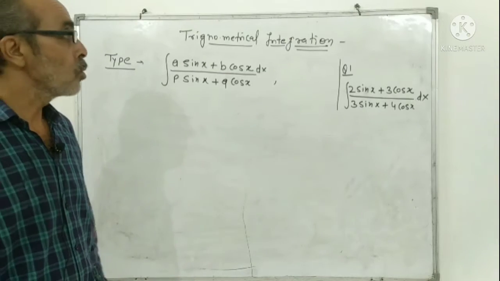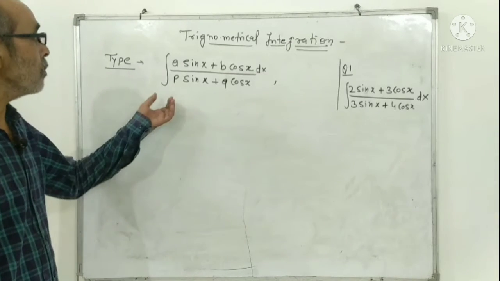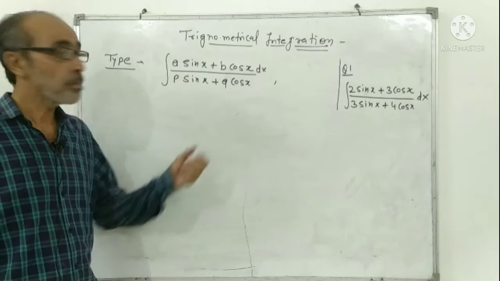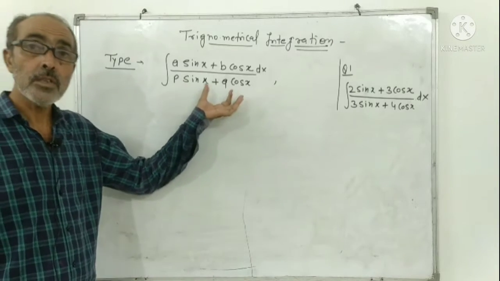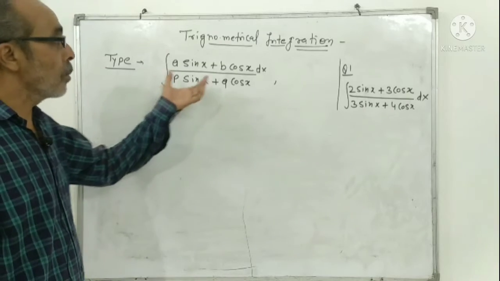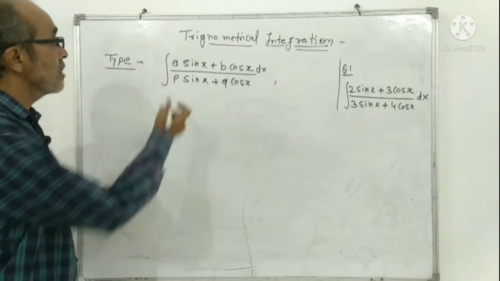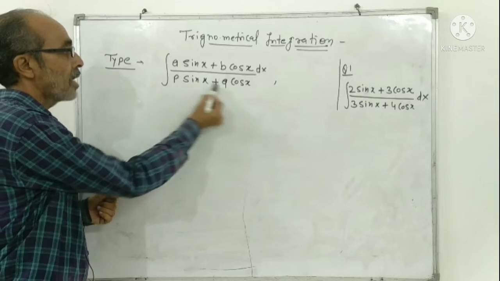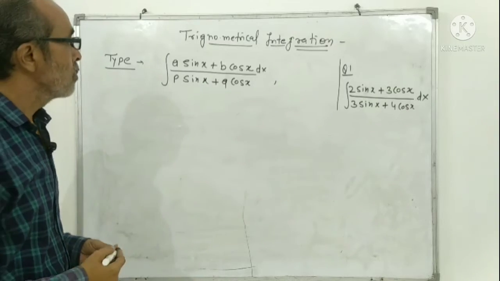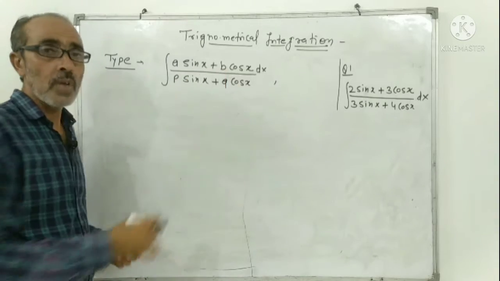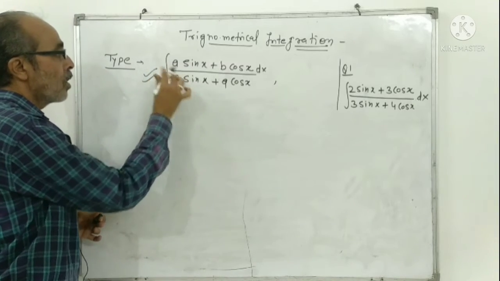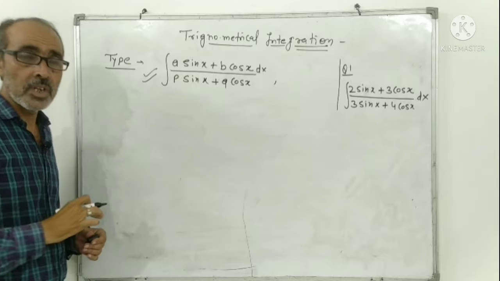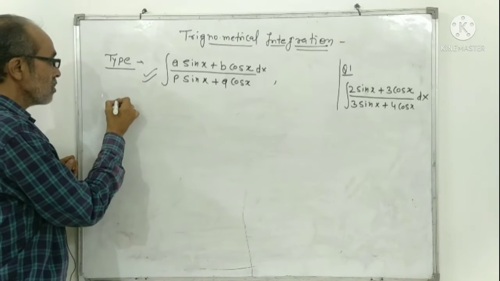Dear student, today we discuss the integral of (a sin x + b cos x) divided by (p sin x + q cos x). In this trigonometric integration, a, b, p and q are constant values attached to sin x and cos x. So the main step for solving this question is